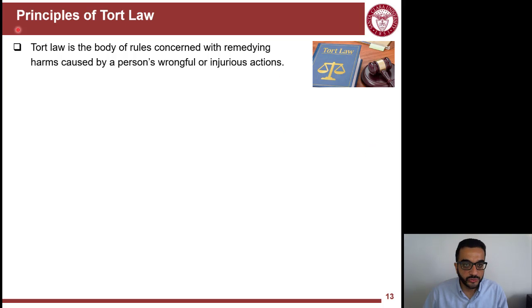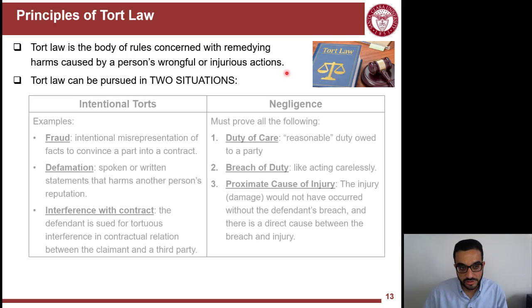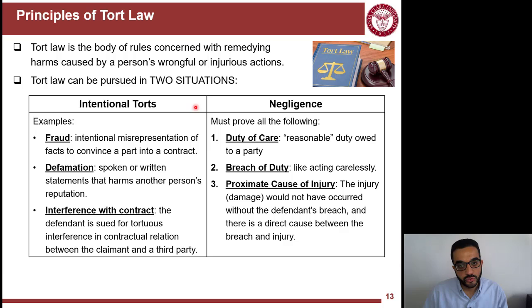So switching gears here to one other type of law, which is tort law. It's the rules concerning, and remedies for, harms done to people, acting against or affecting their rights. Injurious actions here don't necessarily mean that they cause physical injury; it's the idea of acting against their rights or taking away some of their rights or obligations.